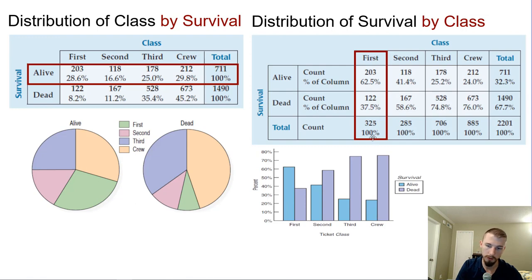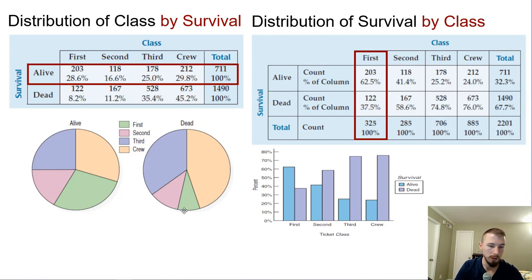Notice that you really only have to graph one because those two are complements of each other, meaning they add up to 100. So if we know that the survival rate goes down as you're further below the deck and your class goes down, then we know that your death rates go up because they have to, right? Those two are tied together. So it's actually a little bit ambiguous to graph both of those. Also we would expect all these to be the same across the board if they were independent, meaning that if I knew that you were in first class, it does not affect your survival rate. And of course they were not independent,